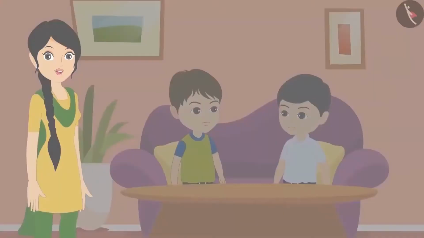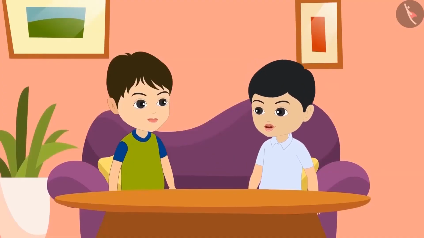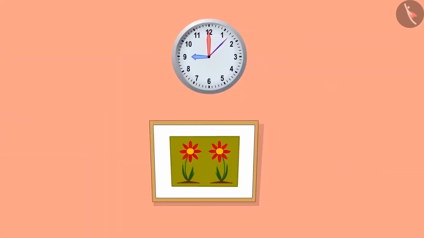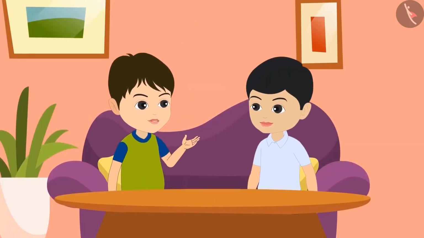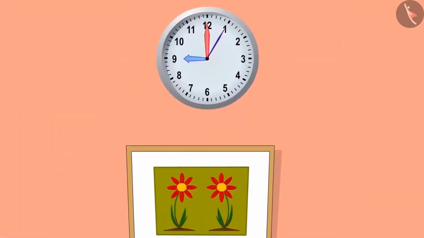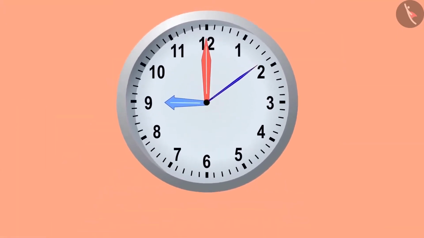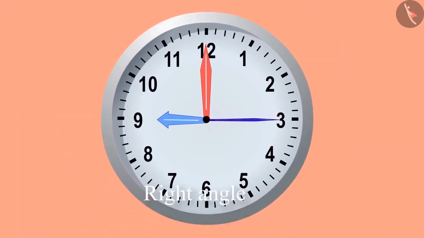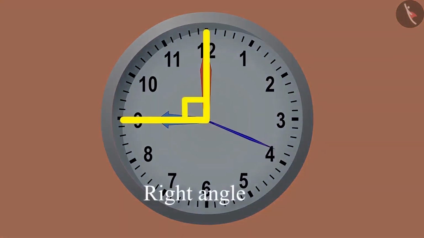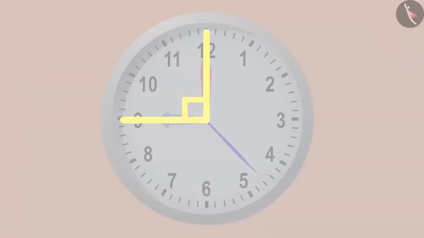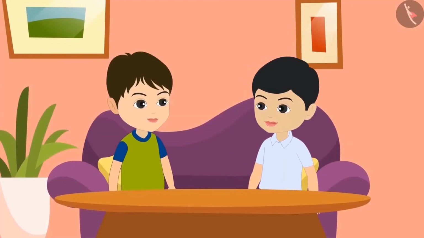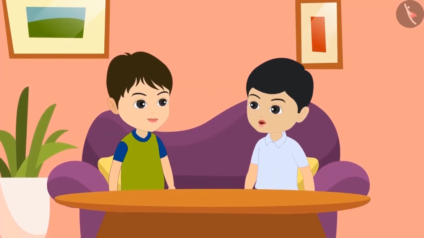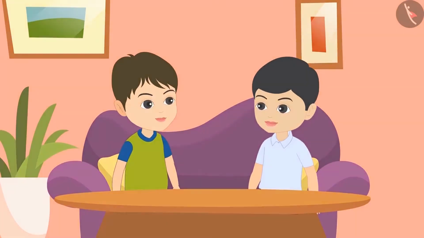Let's find it out. Uncle has not come yet, Bholu. It is already time for his arrival. Yes, Uncle used to come every Sunday exactly at 9 o'clock to meet us. Golu, did you observe one thing? If we look at the hands of the clock, they are making a right angle. Yes, it is a right angle. Are there any other angles in the clock, Bholu?